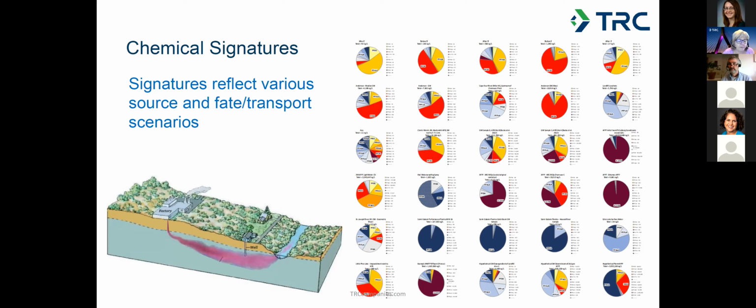These types of chemical signatures can be used to identify various characteristics, not just of sources, but also characteristics of different fate and transport scenarios, like the breakdown of telomers, like 6,2-fluorotelomere sulfonate further downstream in a plume. And we can show a plume becoming more enriched in something else because of the breakdown of these precursors. And there can also be a change in signatures due to commingling of sources, causing differences in pie charts along the length of a plume.